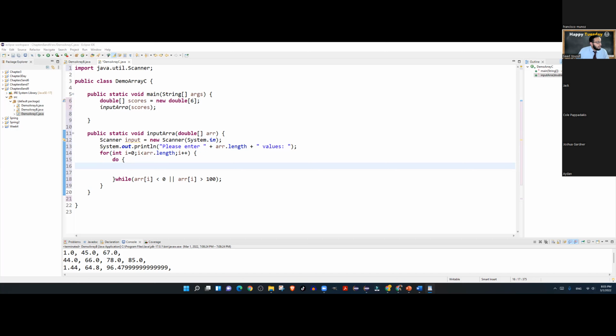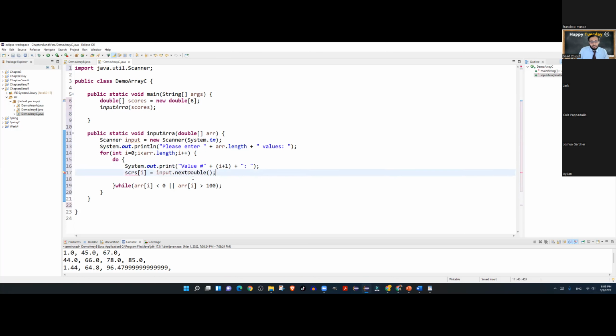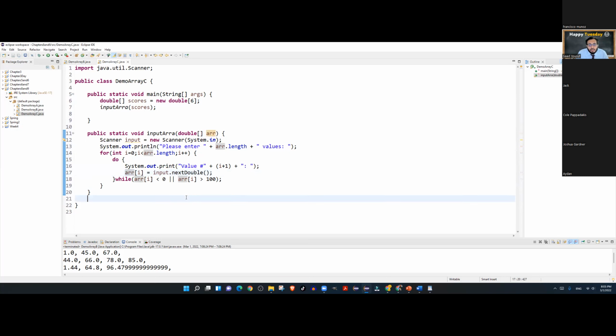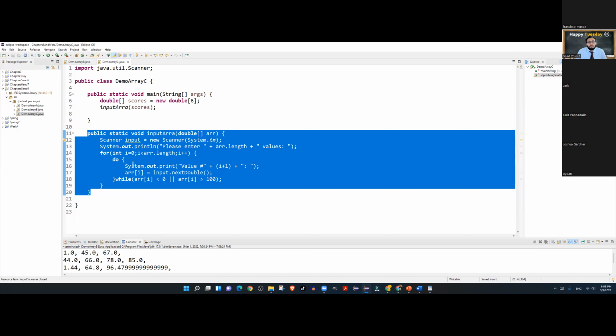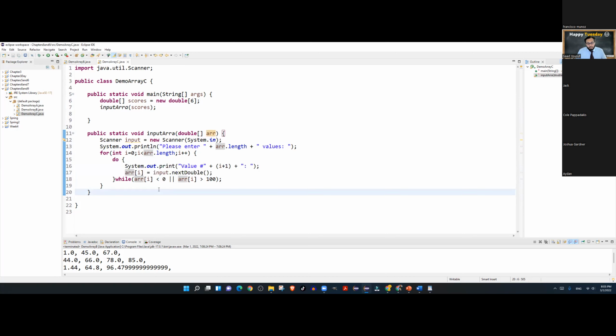And if it falls within the range, only then you can go ahead with it. So here's my input logic. So this logic will let me accept X number of values for the scores.